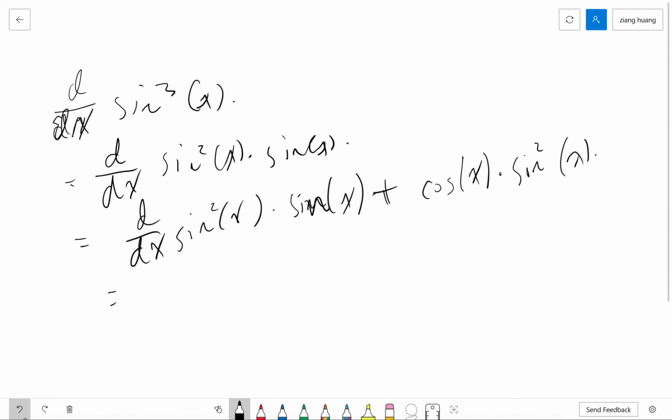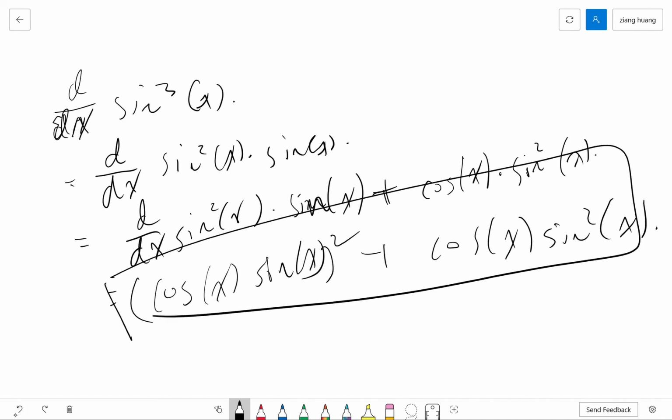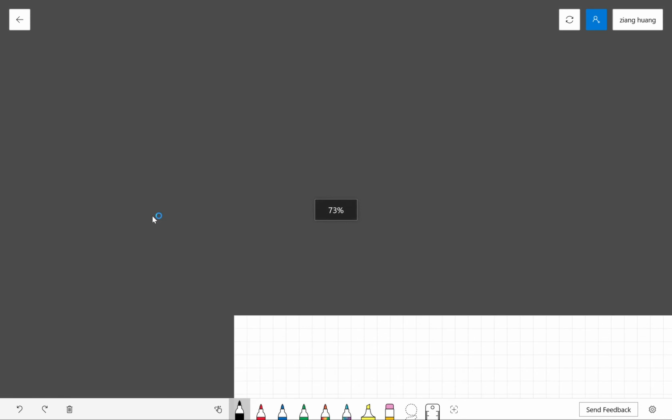So what is this thing going to equal? What's sine squared of x? It equals sine x multiplied by sine x. So this will be equal to, we use the product rule again, cosine of x times sine of x squared plus cosine of x times sine squared of x. Now this is a finalized derivative. So I am about finished with